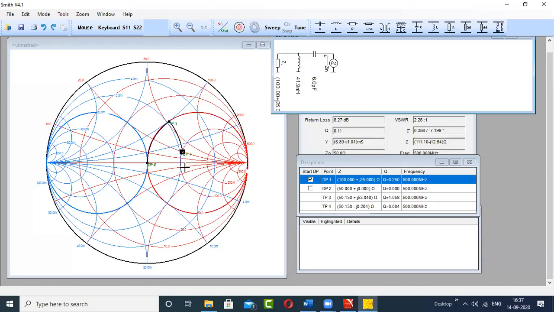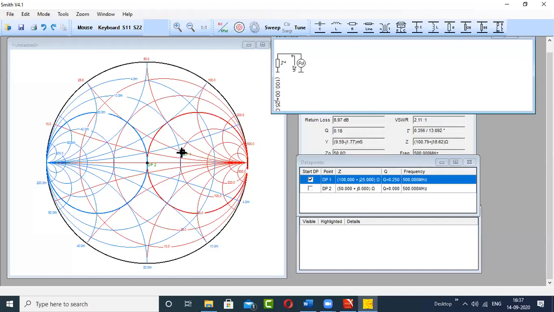Okay, and as I said, you can have more number of components. Instead of taking a halt here, you can directly move to the next circle here, and from there you can go to this conductance circle, and from this conductance circle you can go to the center of the Smith chart. So the number of components is going to increase, but we are here interested in what? The simplicity of the circuitry. So I can go for the second solution.